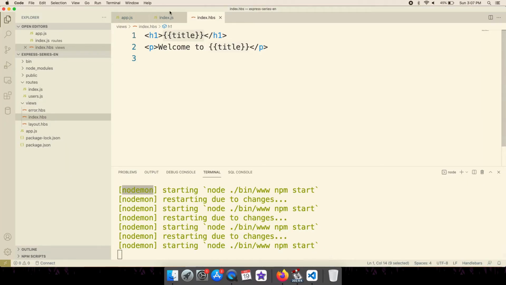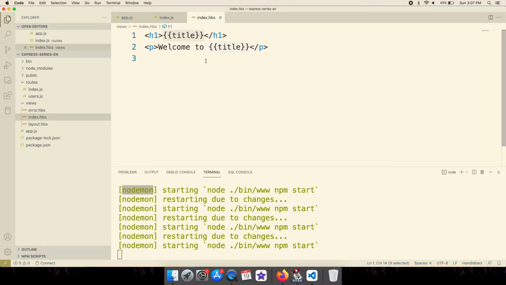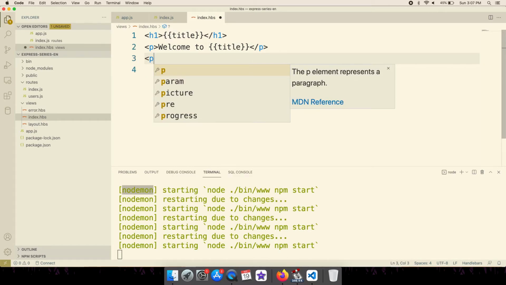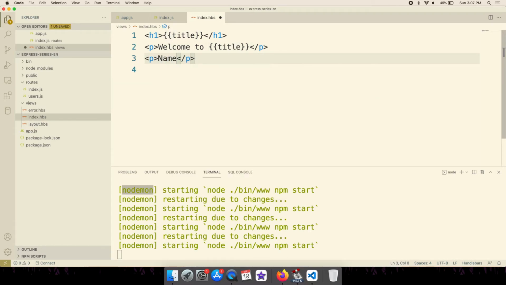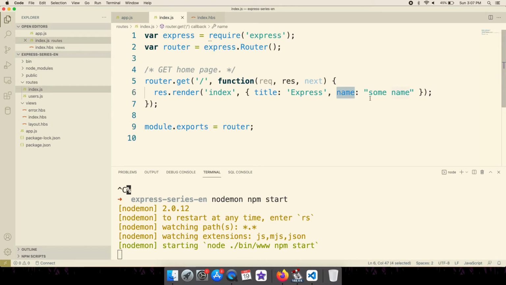So now we are passing these two pieces of data, and here we are printing this title. So we can print the name as well, because now we are passing the name parameter as well from our route file.